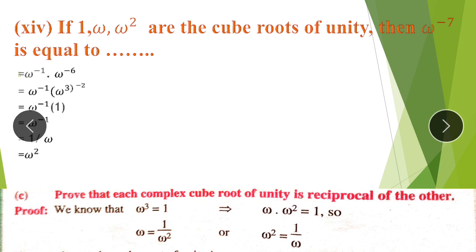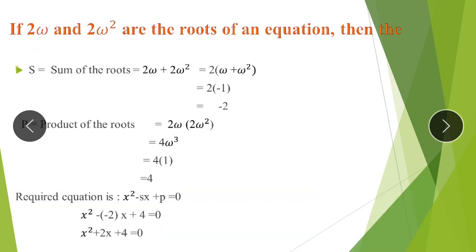Fine. This chapter or unit is very conceptual and it consists of many concepts and different topics, so it needs much practice. Here's the next question, that if 2 omega and 2 omega squares are the roots of the equation, then you are going to form the equation. So equation can be formed by finding the sum and product of the roots. So sum of the roots will be, here you can take 2 common, omega plus omega square. Instead of this you can use the property and you can write minus 1. So this will be the value of sum of the roots, and product of the roots will be 4.